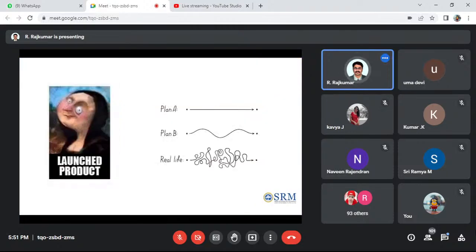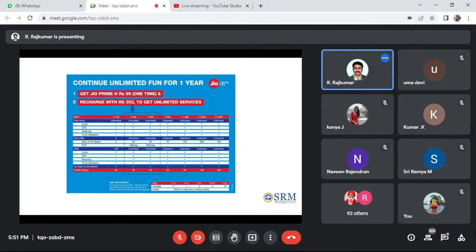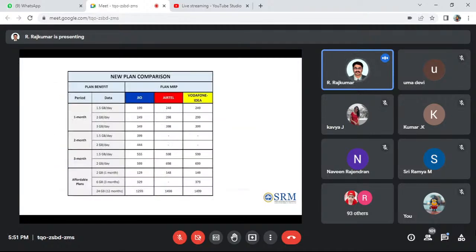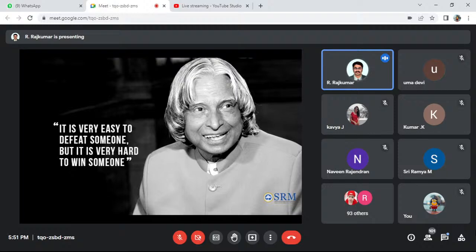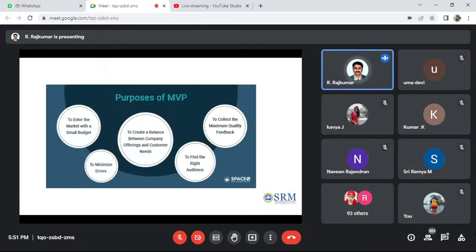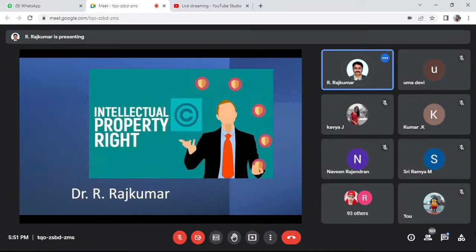I'll directly go with the patent application process, because there are a lot of things we will probably talk about in our question and answer sessions. Patent means what we call intellectual property rights. For example, we have the rights of speech and text, and we can own any property. That is also one of our rights.